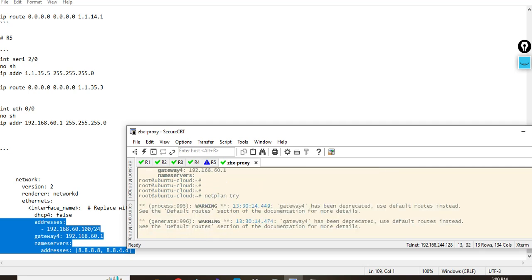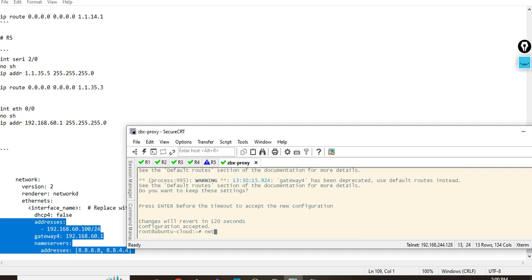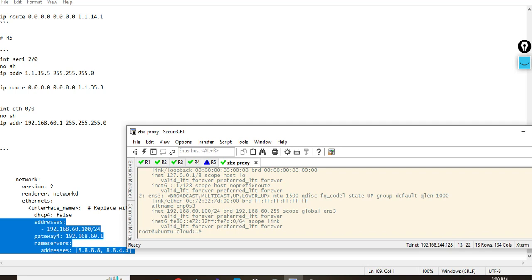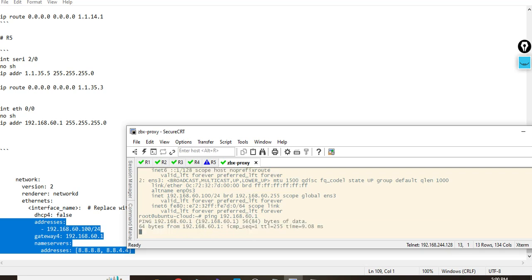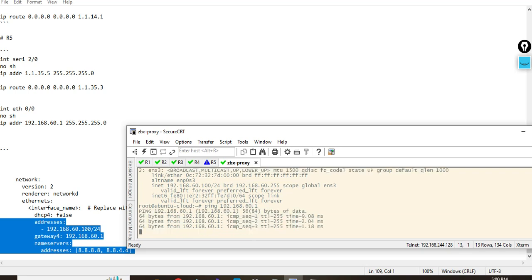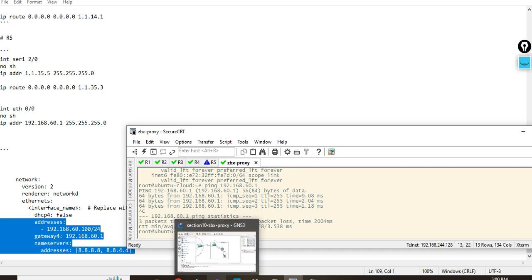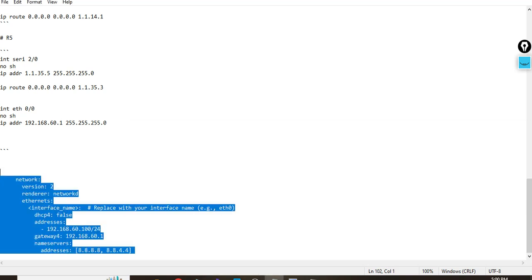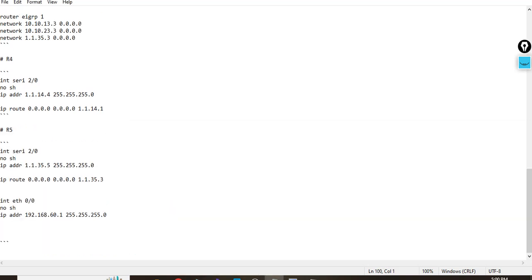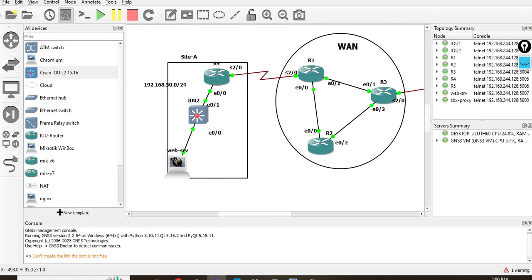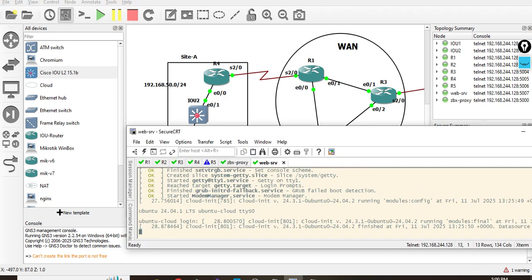Netplan try, netplan apply, IP A. Yes, the network is applied, the IP address is applied, and let's ping the default gateway. Yes, we have ping to the default gateway. Let's delete this line and come back to GNS3 here, and here open the web server, WebSRV,